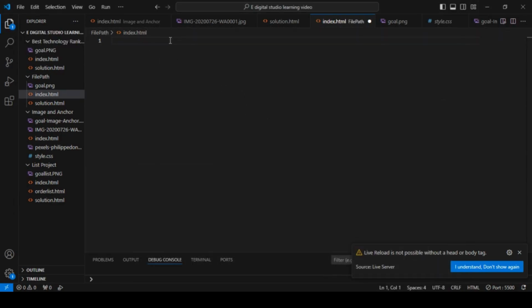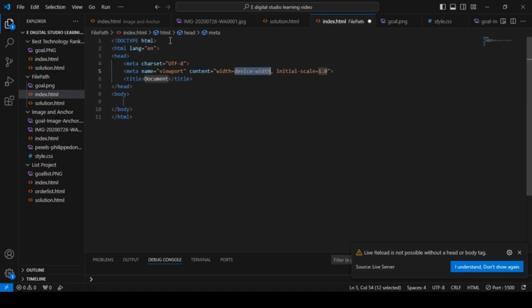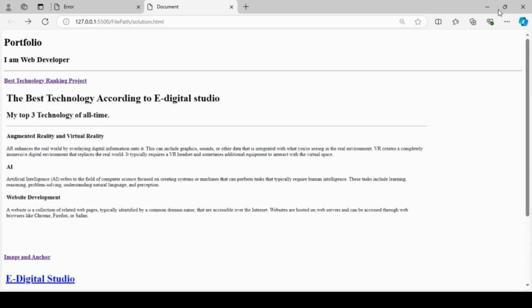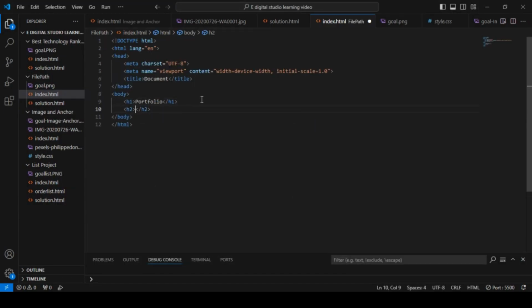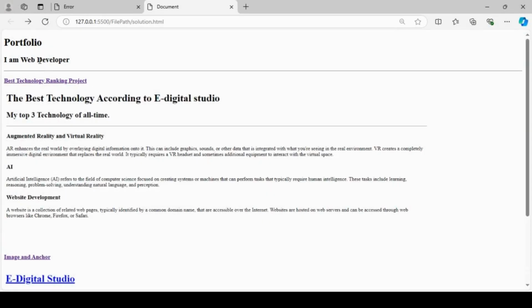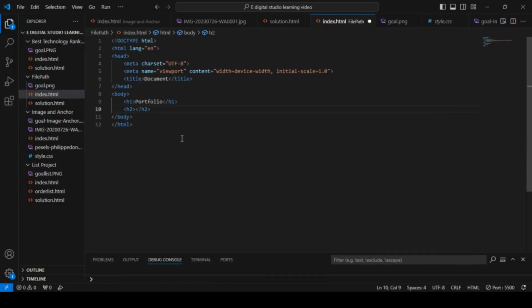So in index.html, first we will create the body. In the body, we would write h1. So here you can see the portfolio is in h1 tag. So I would write portfolio in the content, h2. I'm web developer. So here I would write